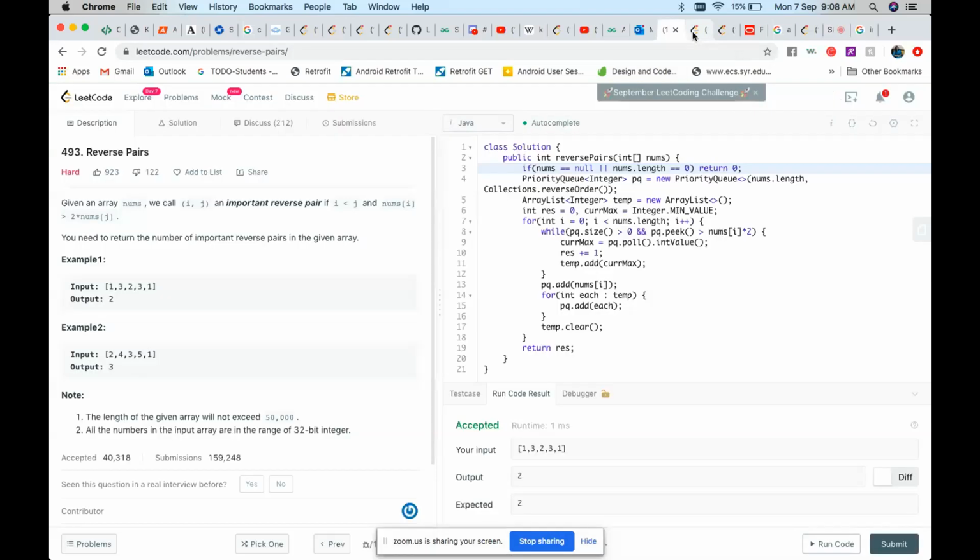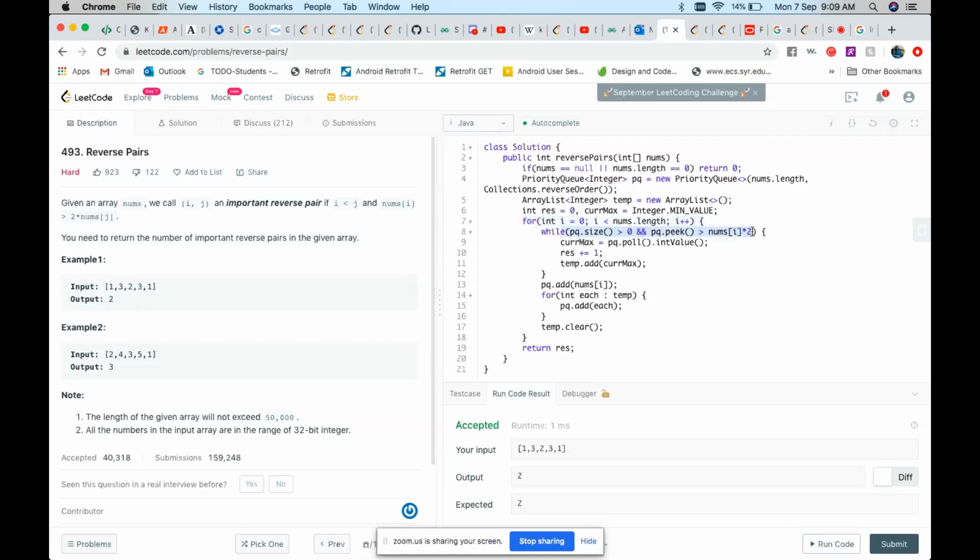So this is not completely working, but maybe someone can help. What I'm trying to do is, for every element, I'm iterating through the array once, and for every element I put all the previous elements into the priority queue. Say I'm dealing with number 2 right now, I put all the elements before that into the priority queue and try to pop from it and see if the element satisfies the condition.